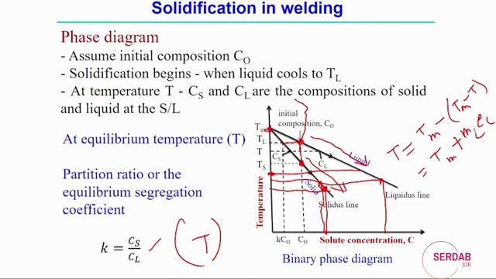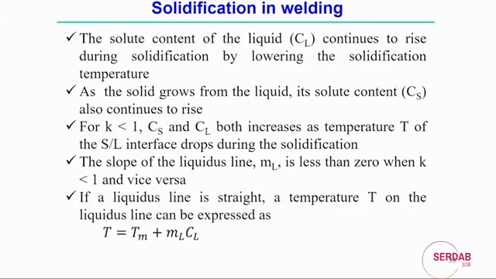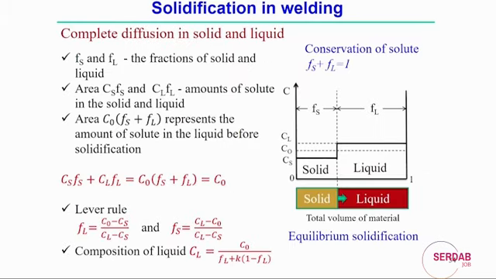At this specific point, what is the slope? This represents Tm, and mathematically it is also equal to the slope times the content Cl. So if the liquidus line is straight, not curved, then a temperature T on the liquidus line can be expressed like this. With this understanding of the binary phase diagram during the solidification process,